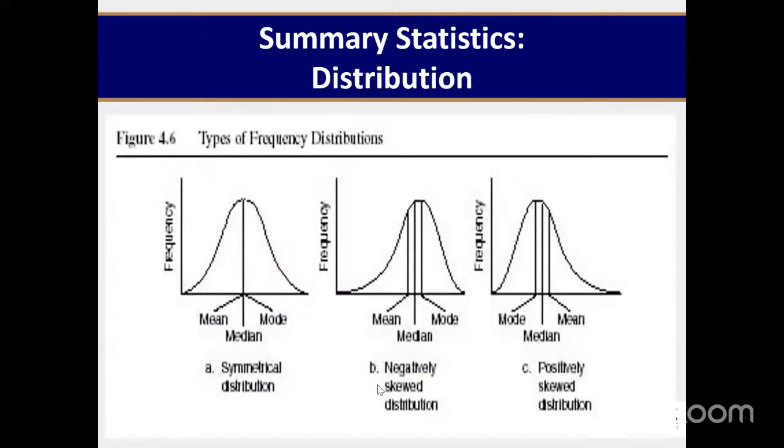So this is an example of frequency distribution. And when we say something is symmetrical, it means that the mean, the mode, and the median all coincide in the model if it is normally distributed. However,